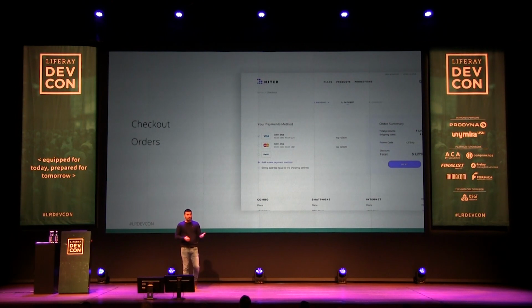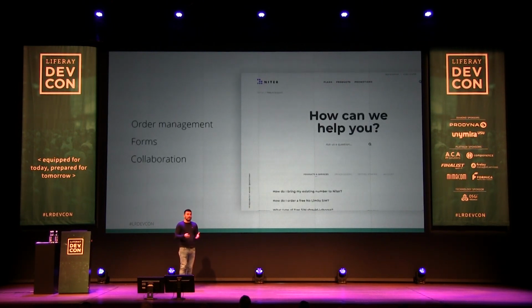But that is not enough, because thanks to all the collaboration suite, we are able to keep the user still in the same platform after the purchase experience. So the user can easily make a return request, maybe using forms, or they can go deeper into the documentation of the product, or create a forum, or just chat on a blog.